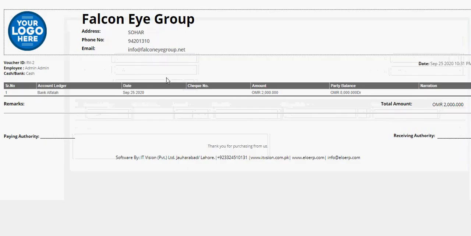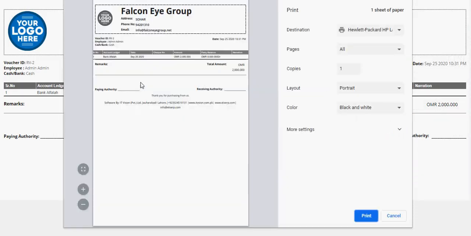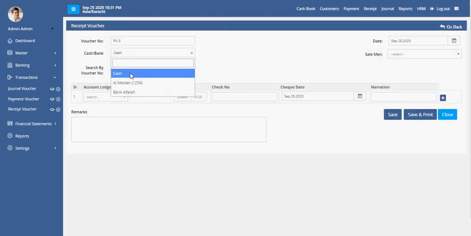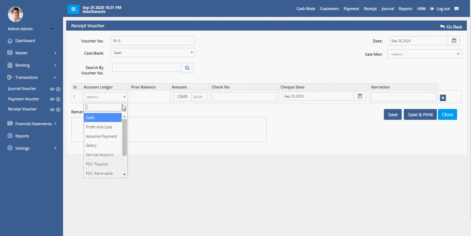So this receipt voucher can also debit or credit the cash or bank. So from the top, if we choose the cash, then it will debit the cash and credit the account ledger.